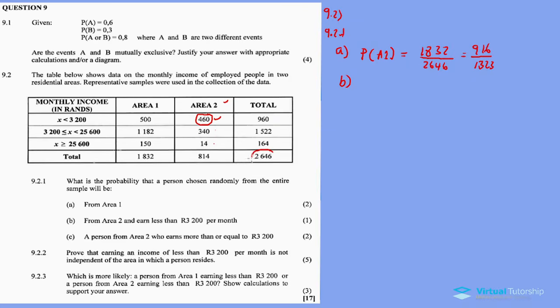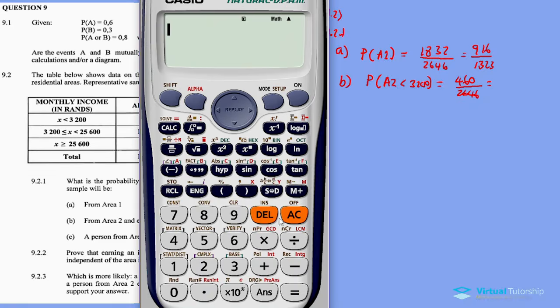So the probability of area 2 less than 3200 is equal to 460 divided by the total, 2646. Let us divide: 460 divided by 2646 equal to 230. Our answer is 230